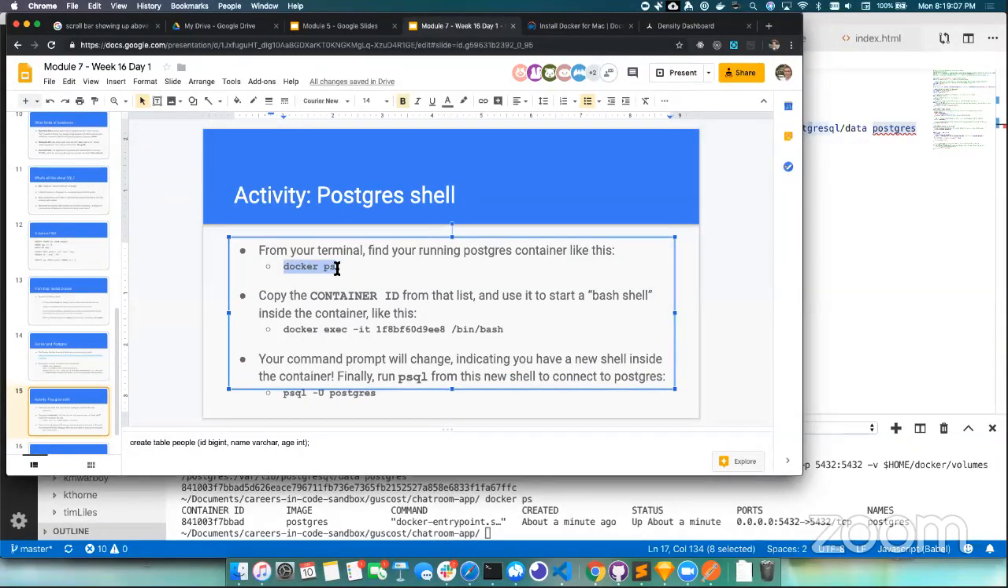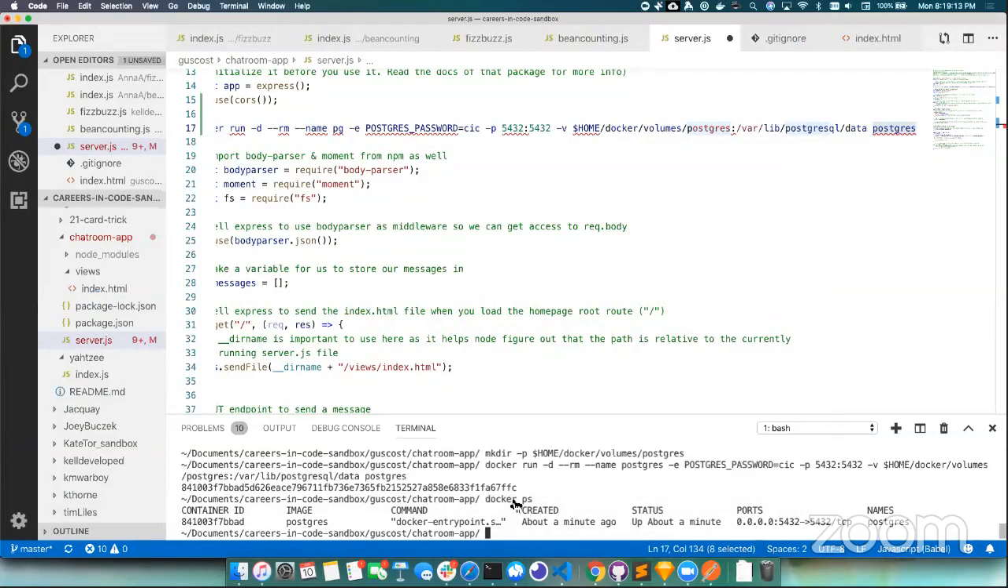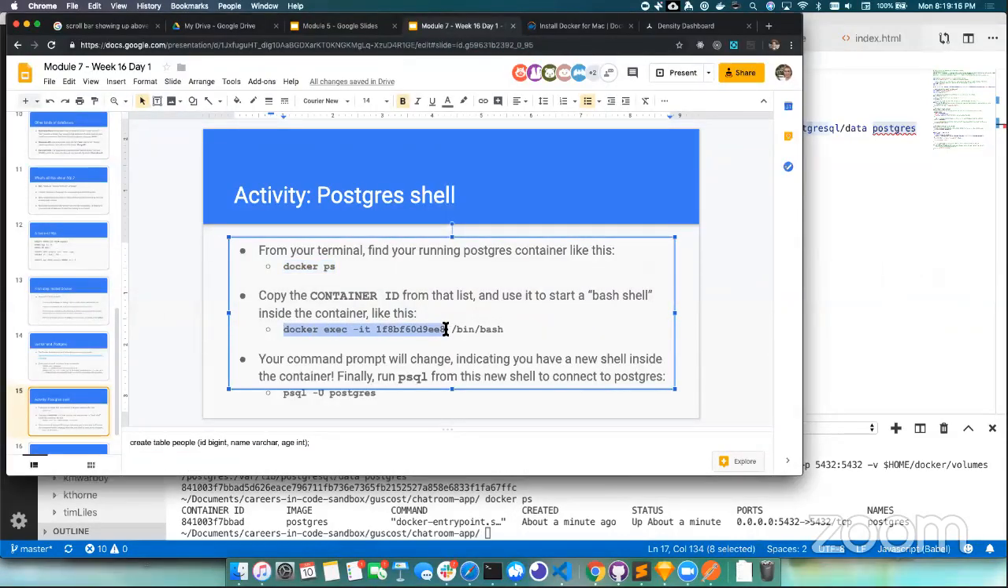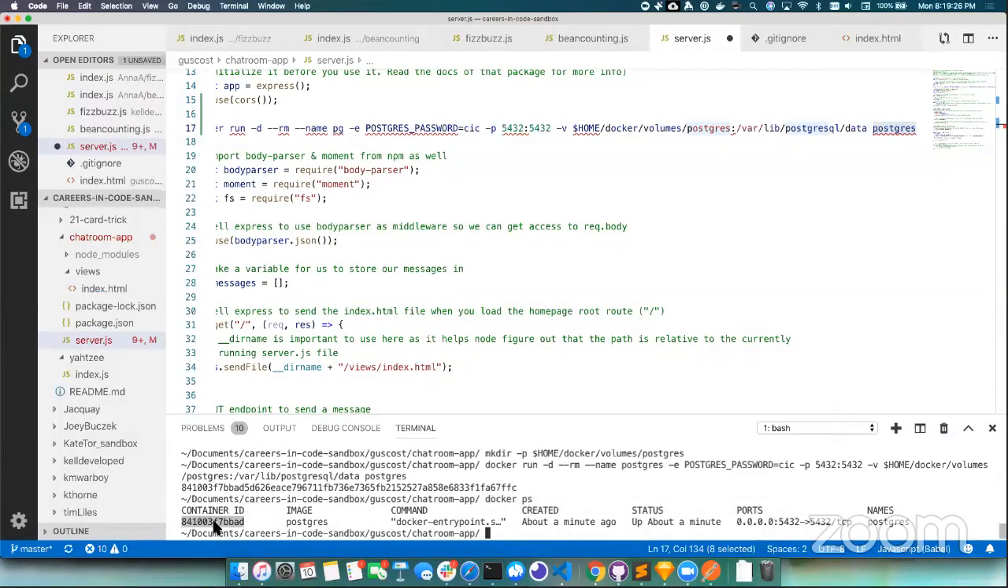So we just ran this, docker ps. This prints out all of the running containers, everything that's currently running. Now to get inside this container, to say, okay, I want to go into this container and do something, you want to take this container ID or the name. I think you can do it with the name too. So does everybody name it postgres? Okay, we should be able to do this with the name. We can do docker